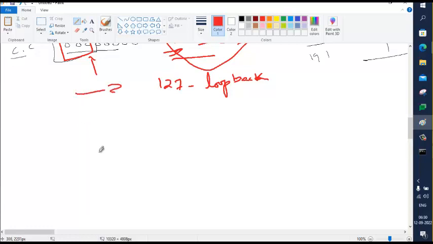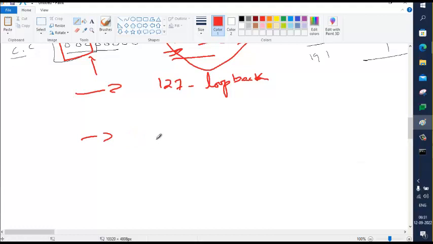You should not assign. If you try assigning, it won't take it. It will say this is a loopback address. It will throw an error. Secondly, you cannot assign an address in class B. There is one address